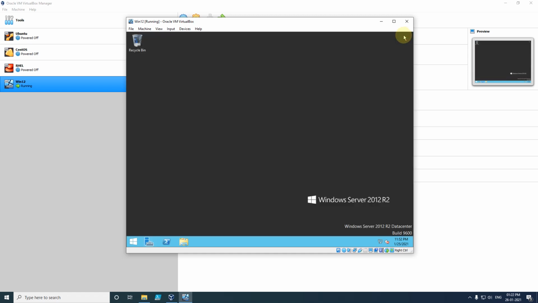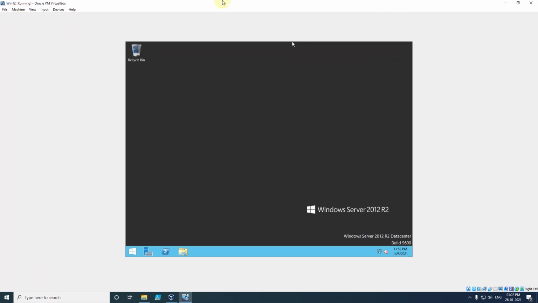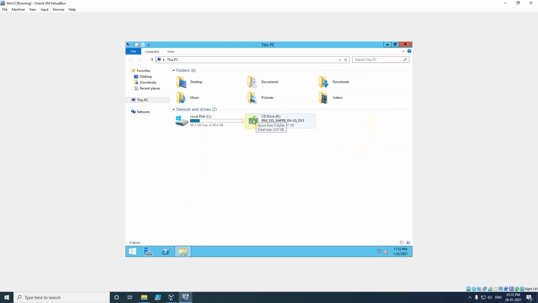And one more thing, you would have noticed that when our Windows is installed in VirtualBox, the window size will be very small. Although I expand the window, the main window will be of a small size. So how can we increase this? To increase it, we need to install VirtualBox Guest Edition. First we will check here. Currently we have not uploaded any VirtualBox Guest Edition, so first we will need to upload it, then we can install it.